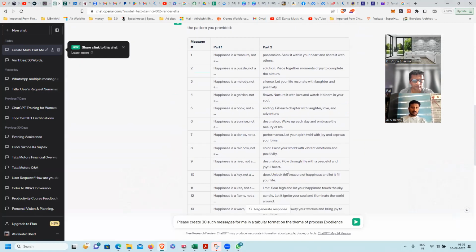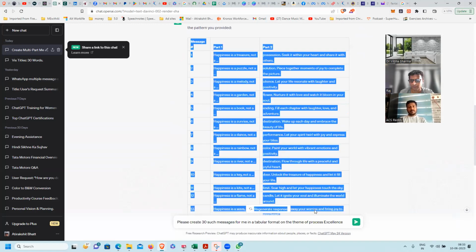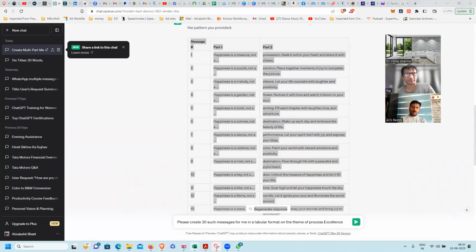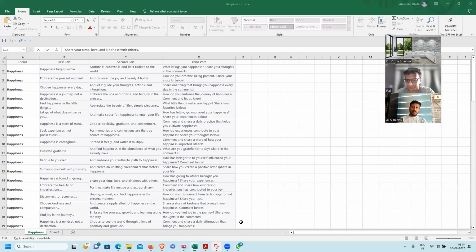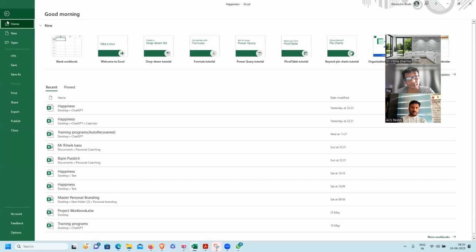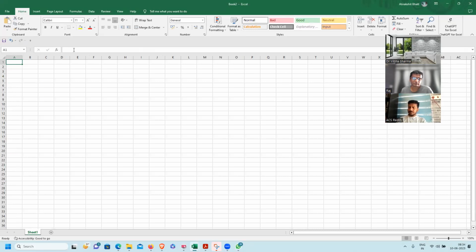Okay. So once we are done with this, we simply go ahead, select all this, and open a new Excel sheet. So I'm demonstrating everything from scratch. I'm creating everything. I'm not using anything that I had created earlier. So you understand that it's very simple.